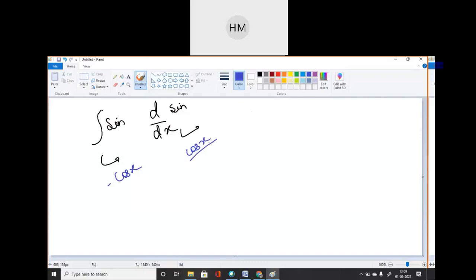Okay, so this we have studied mathematically, but now we have to design a circuit which will be useful to generate this integration and differentiation. Here we will find out integration and differentiation of different types of waves: sine wave, square wave, triangular wave, any kind of wave. This is my sine wave.